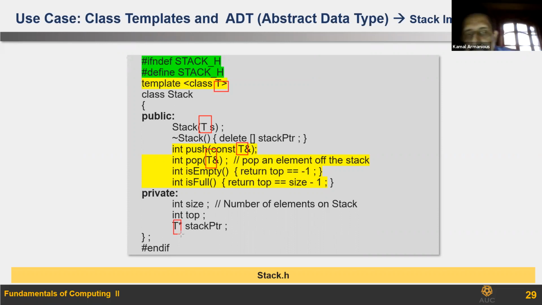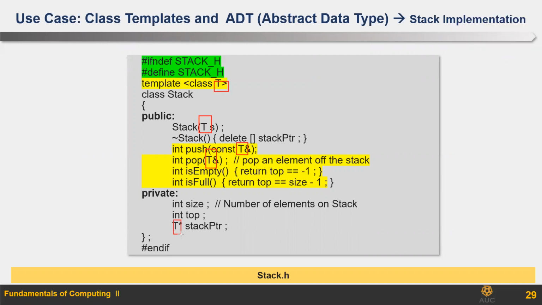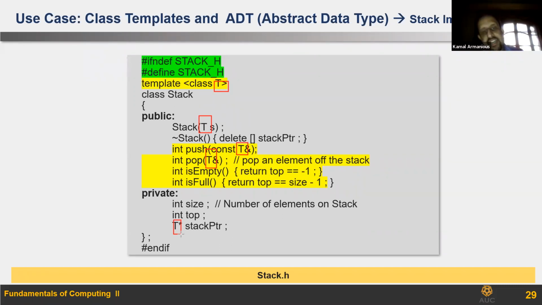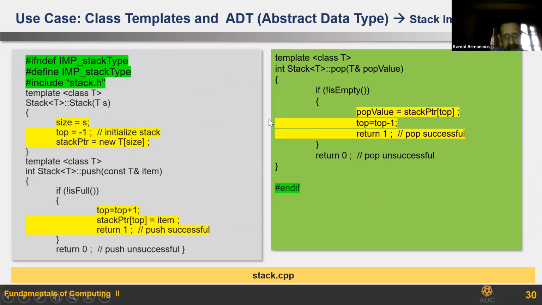And as we said previously, T can be changed based on what, ya jama'a? So I replace T with what? The data type. Exactly, I replace T with the data type that I want to use. So this is a header file, and we will see now how we will replace T with the type that we're going to use.